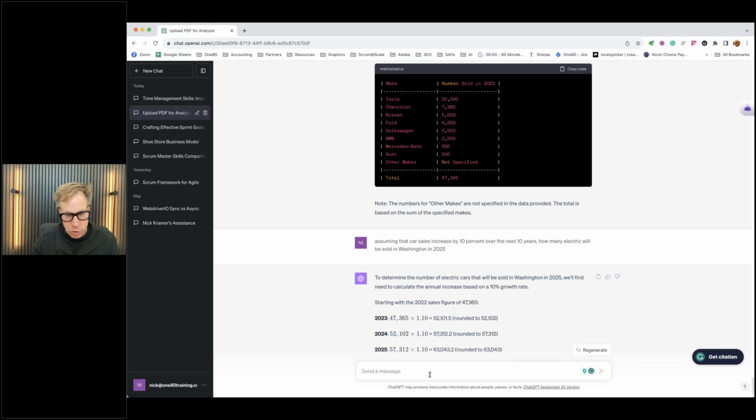You might even be able to say, can you determine any patterns in sales for electric cars in California, Washington? I know that data is there.